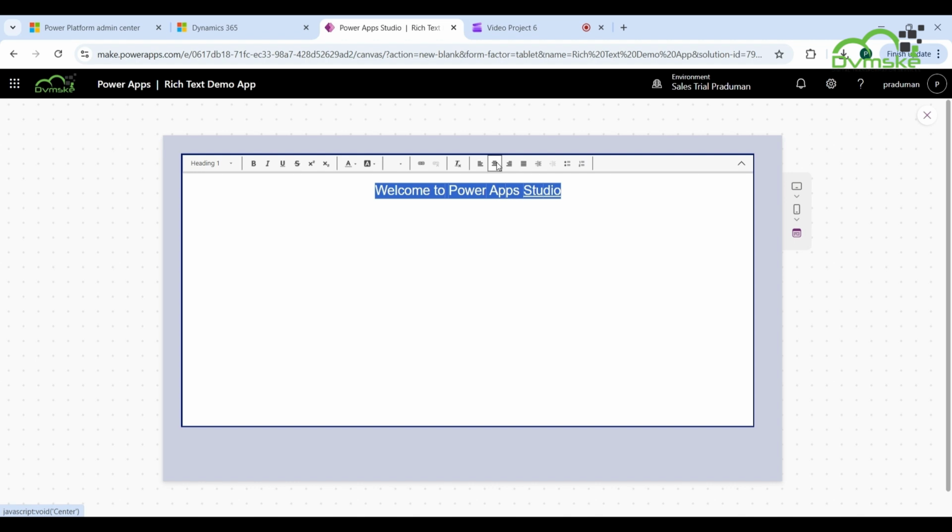as per your need. So in this video we covered how we can use the rich text editor control in Power